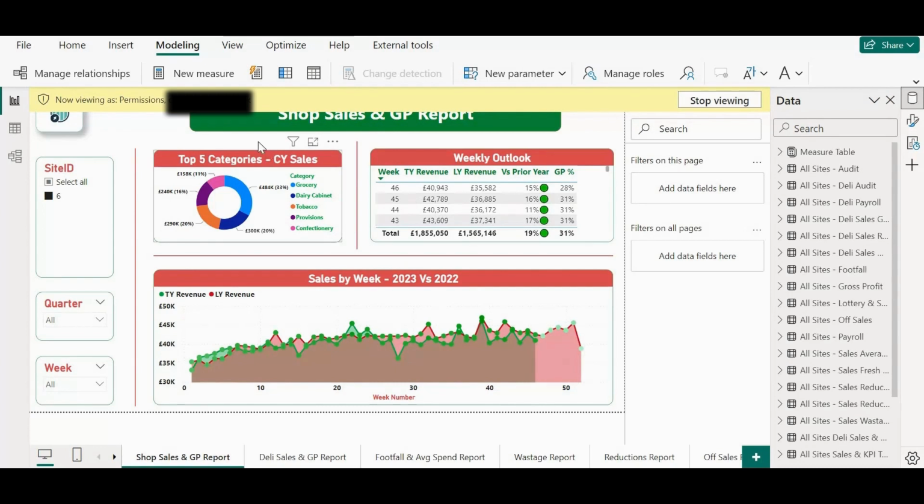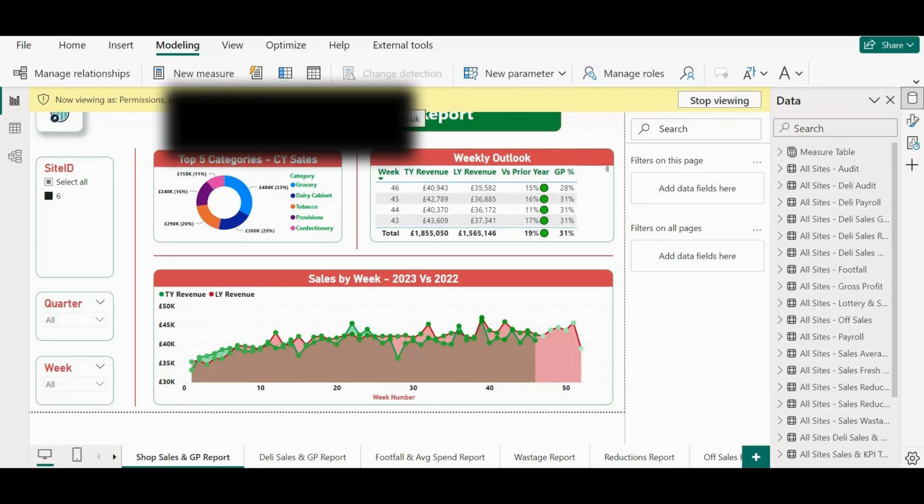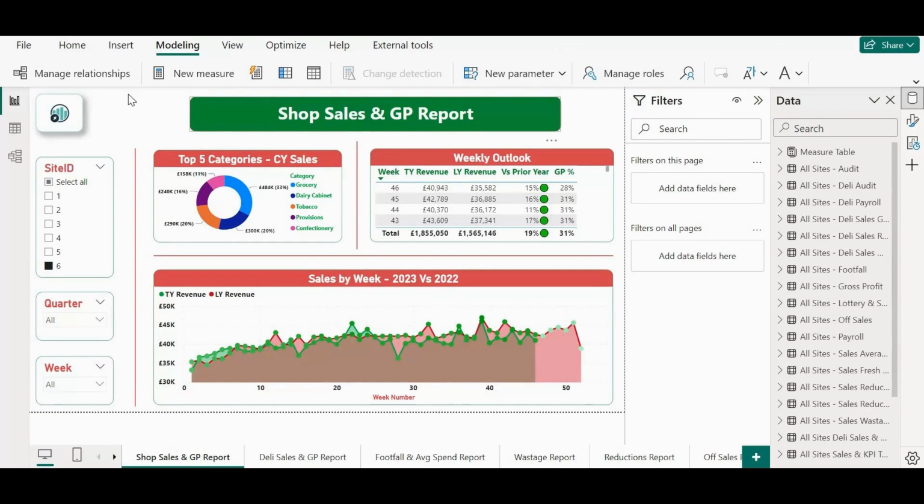So what I'll do is I'll stop viewing as this person. I have this name blurred out because it will obviously give the client's name away and this is confidential data. But what I'll do is I'll stop viewing and you'll be able to see that this client has 6 different locations. And if this is now published on Power BI service and is actively being used by the owner and the site managers, and if we want to test a